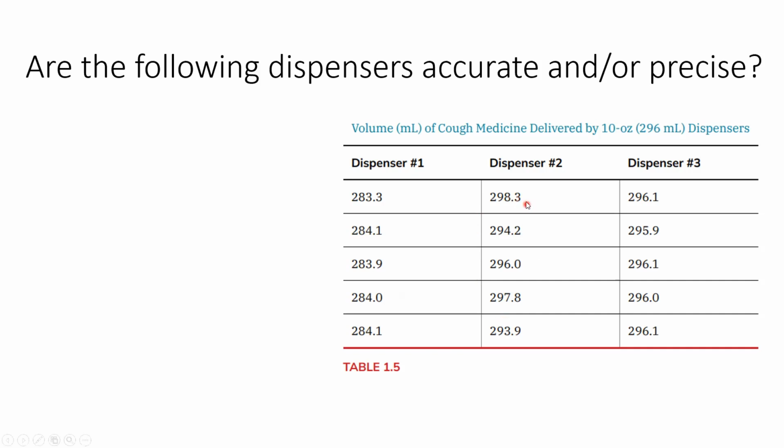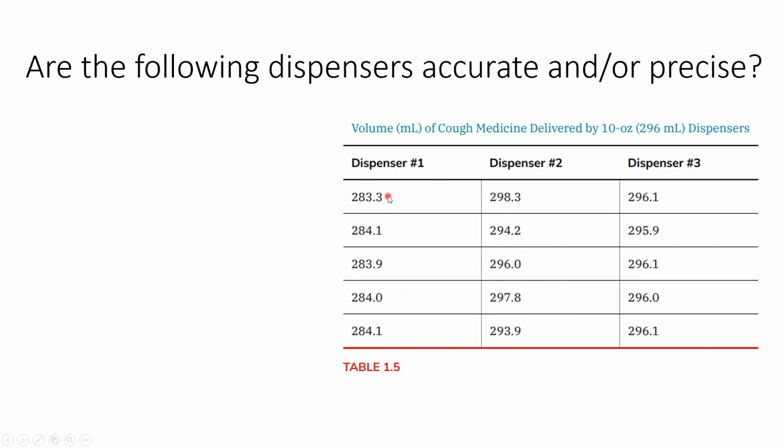Dispenser 2, again, we look at just 283, we'd see, okay, that's pretty close. If we saw just 294, kind of same thing, because it's pretty close, just in the opposite direction. But now we can see with the entirety of this data set for dispenser 2, that it's not precise at all. I don't want to say not at all, because again, these values aren't too far different from one another. But when we compare them to the other two, which are all basically the same thing,